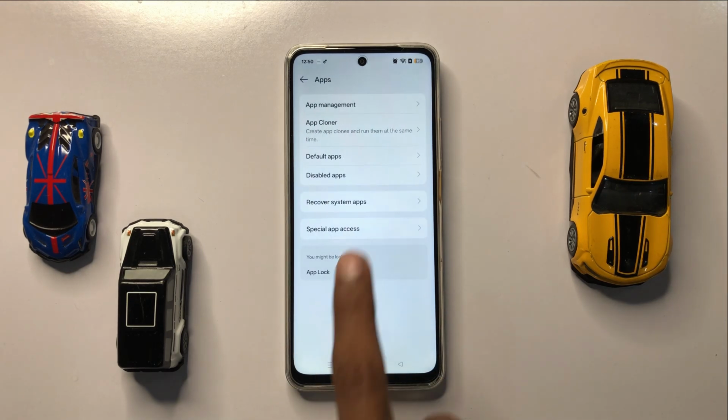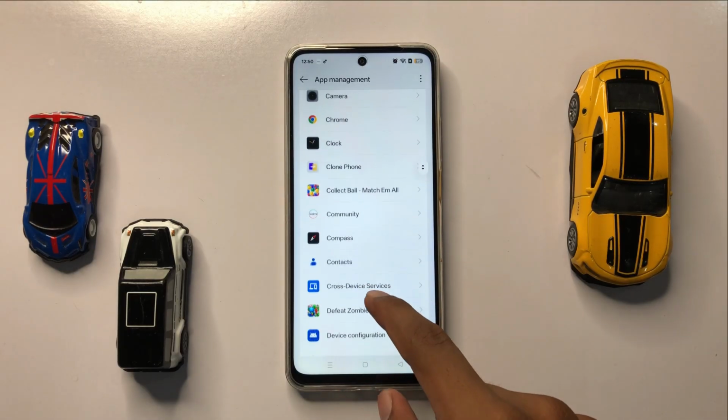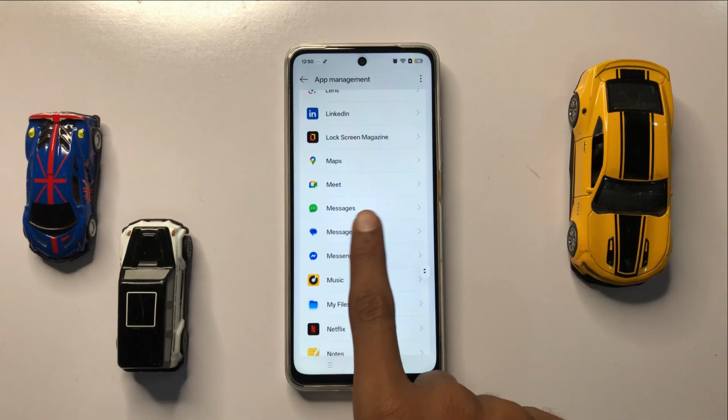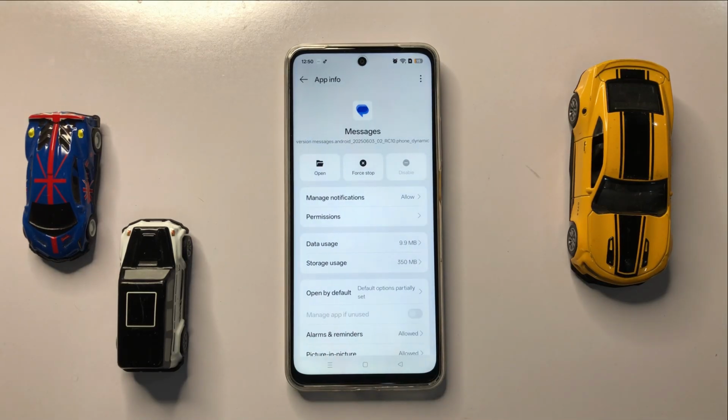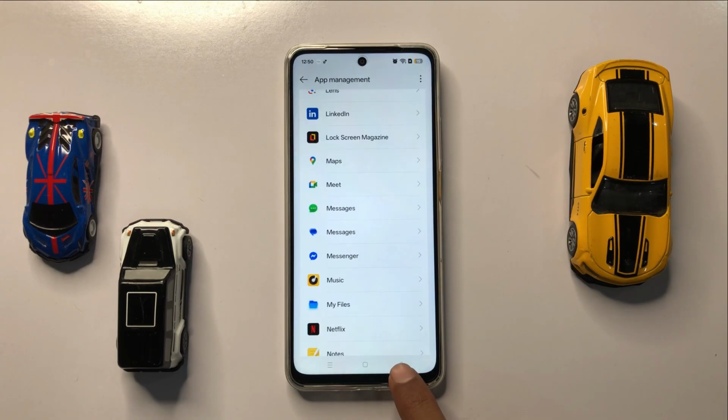Now click on app management and scroll down, and here you can see the messages app. Now click on messages app and then click on storage usage. Now here you can clear the cache memory of messages app. After clearing the cache memory, then go back and click on